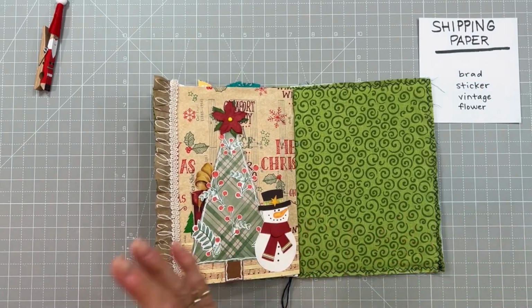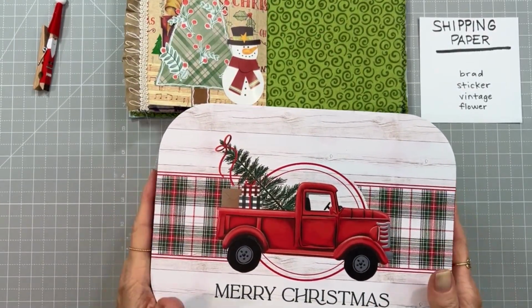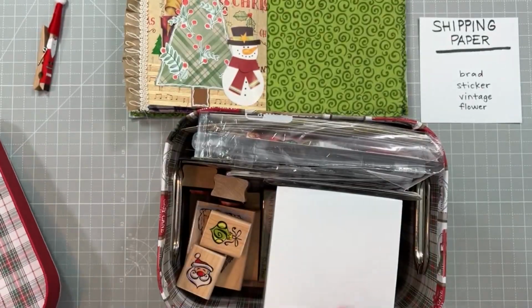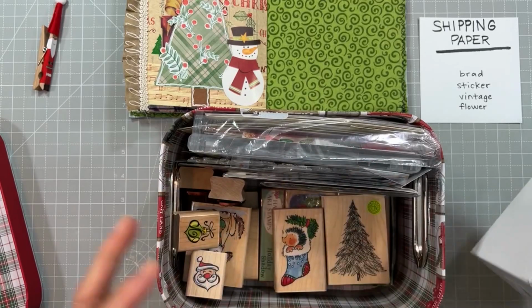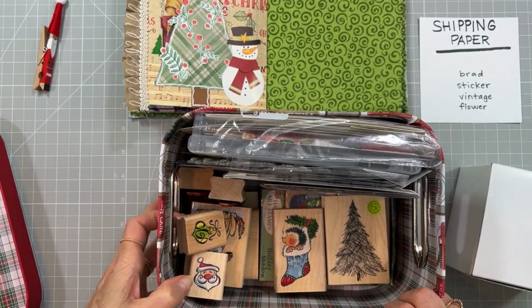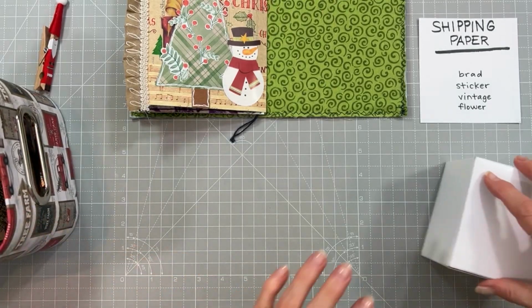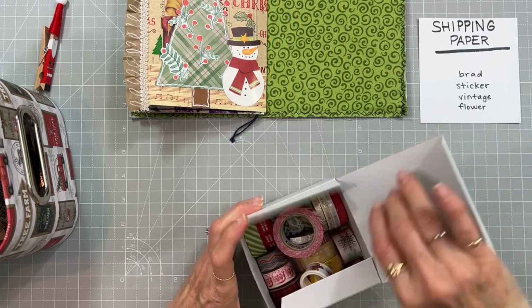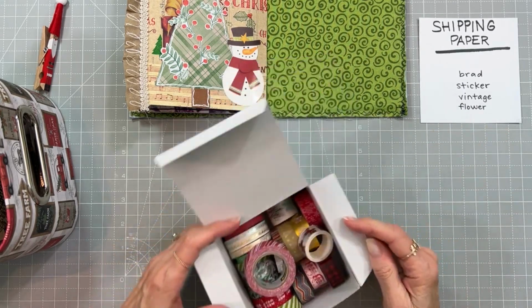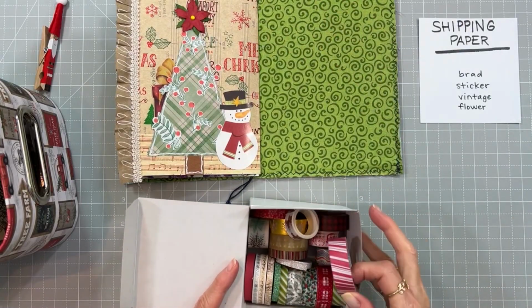I was thinking about washi tape, so I grabbed my box where I had stored a bunch of my things last year after I made my journal, and I think they're in this box. I've got stamps and I guess washi tape in this box, so I'm going to move that over for a minute, and let's see, I think these are the tapes. Yep. Okay. So looking at my page and looking in here,